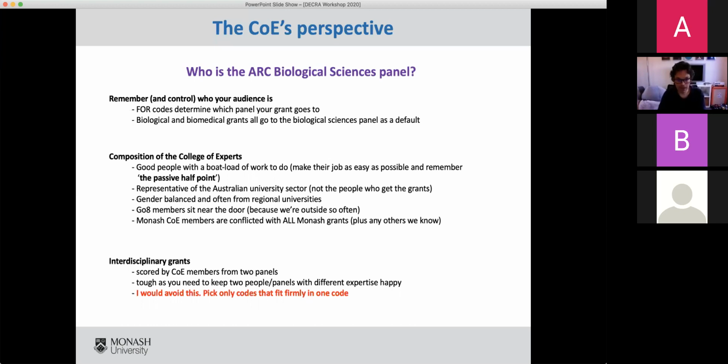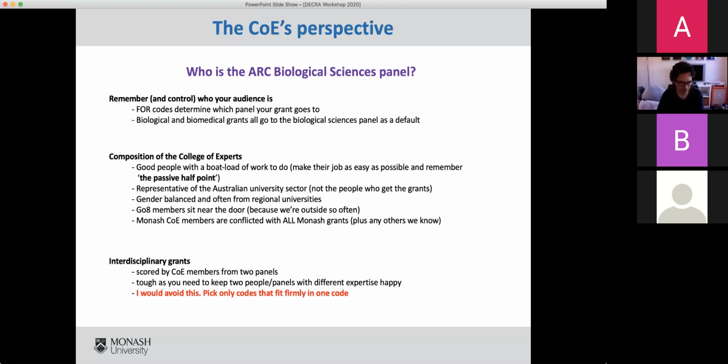And it's a well-balanced panel in terms of the representation across the full Australian sector, including regional universities. And so things that are possible at Monash are not necessarily possible at other places. You've got to be mindful that your audience is not someone who has the platforms that we have, who have the synchrotron next door, who have opportunities that are available at Monash but might not be available at another university in Australia that doesn't have that research intensiveness that we do. So you want to be able to speak to all of those people and explain why Monash works for you.